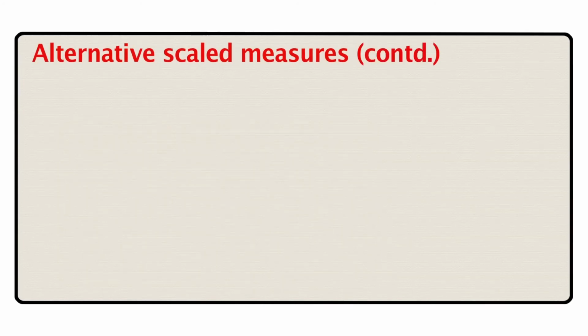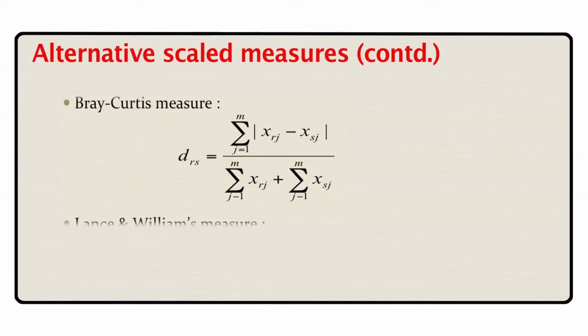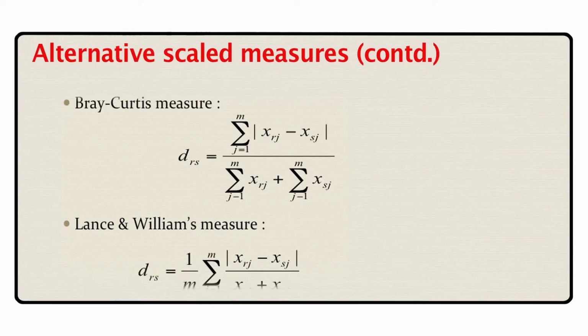Alternative measures, of course, these are not so well used, but you can get an idea of how to scale down variables. So instead of using Rj, what we can do is, we can use the sum of xrj and xsj as the norming factor. This is referred to as the Bray-Curtis measure. As opposed to this, we have the Lance-Williams measure, which is 1 by m, sum over j equal to 1 to m, that again the absolute difference, this time divided by the sum of the two variables. So you can see that